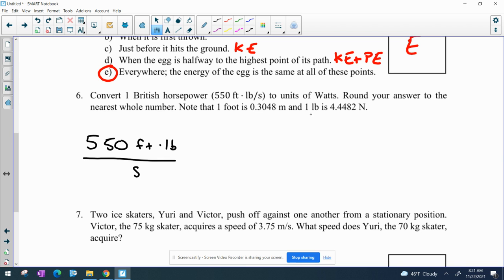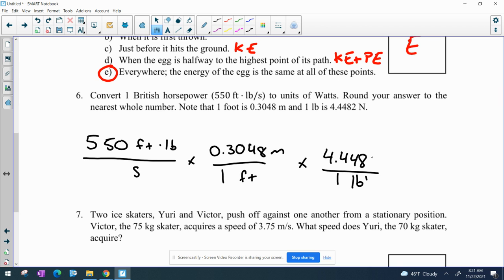We need to get rid of the feet, and we need to get rid of the pounds, as hinted by the problem. So multiply by 1 foot in the denominator over 0.3048 meters in the numerator, multiply by 1 pound in the denominator over 4.4482 newtons in the numerator. And our units can cancel out, so foot cancels with foot, pound cancels with pound, and we end up getting that this is 746 Newton meters per second, which is exactly equal to 1 watt, or 746